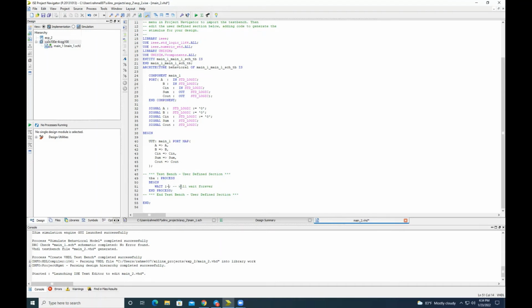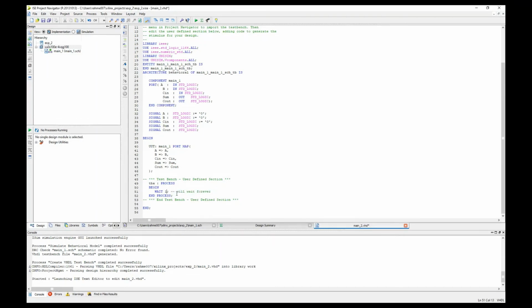Oh, sorry, yeah, 100 nanoseconds. Wait for, I've begun the process. Now I have to wait for 100 nanoseconds here. So it should be 100 nanoseconds, just the same as before. Now, also you need to put a clock, right? You have to put a clock like this. And that's the one. Begin with copy and paste it